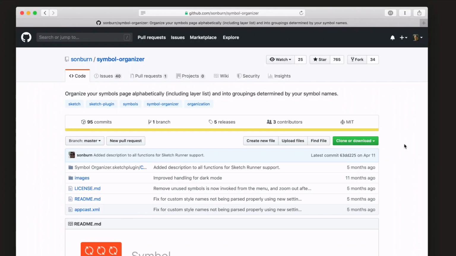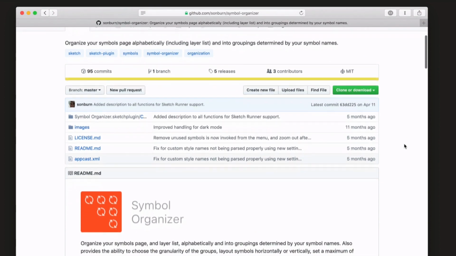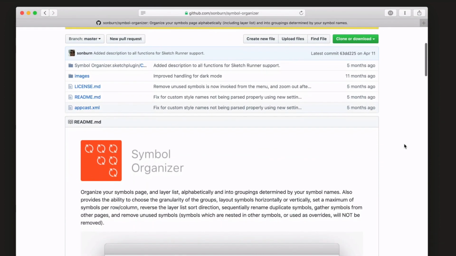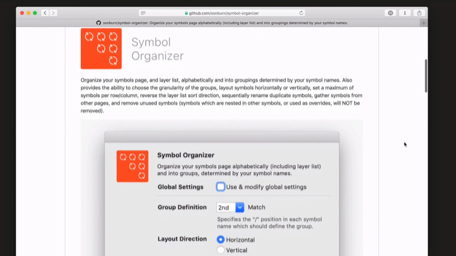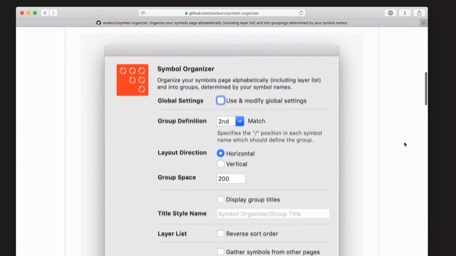Okay, so one last quick tip before we go. Being the slightly obsessively organized person that I can be, I love to have my symbols organized. And for that, I really recommend a plugin that is appropriately named Symbol Organizer. Symbol Organizer lays out your symbols in rows or columns based on how you've named them. I won't go into detail about that here in this video, but I will provide a link to Symbol Organizer